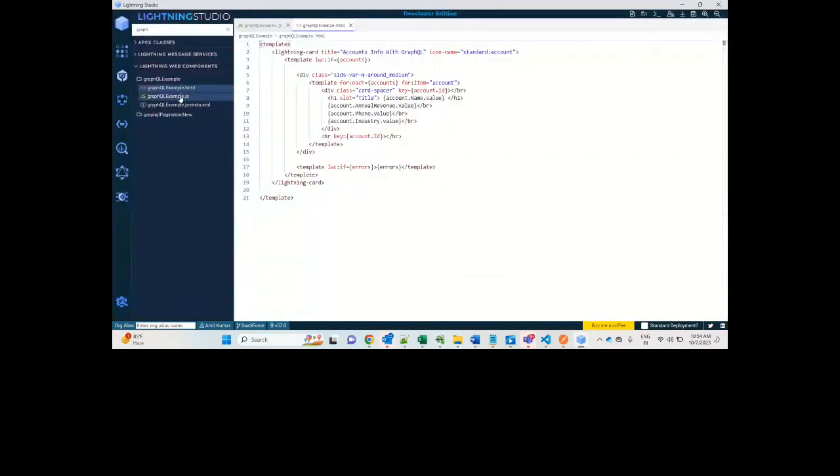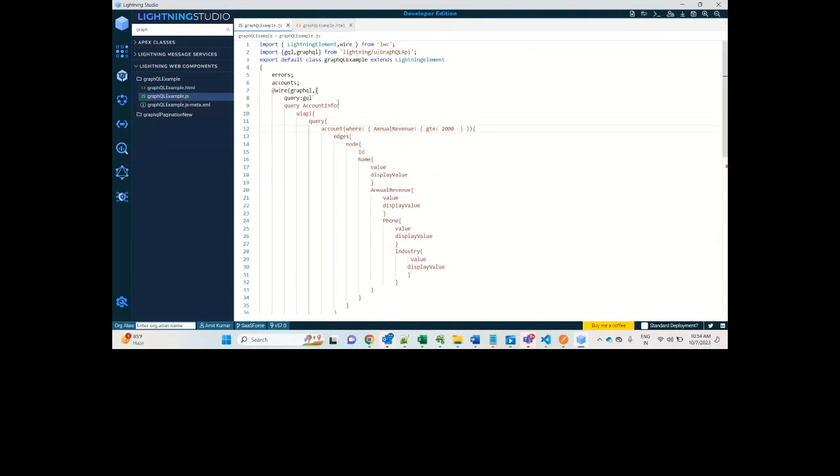First of all, let's understand the JS part. We already know what this is. Import lightning element, we already know this. If you have to make an LWC component, we have to import the lightning element. And if we are going to use the wire decorator, we have to import it as well. Now, the new thing is that if we are going to use the GraphQL wire adapter, you have to import this